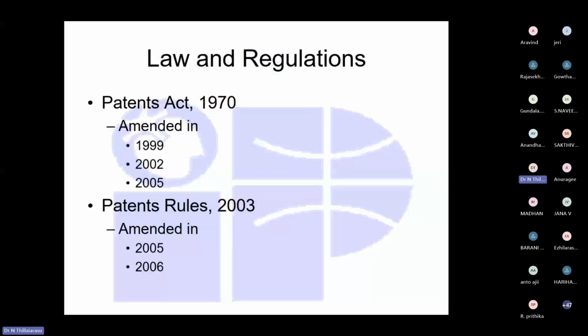Okay, so the laws and regulations of the Patents Act 1970: the amendments I already told you, 2002, 2005, and recently they also did amendments in 2006, 2013, 2014, 2016. So many amendments are done.